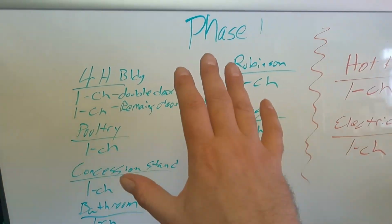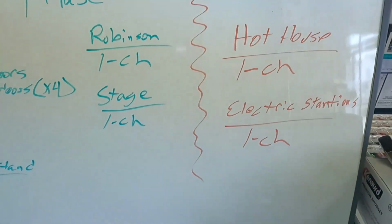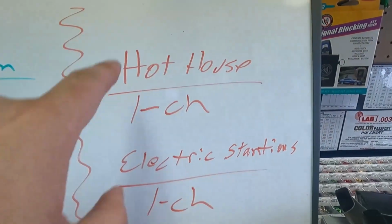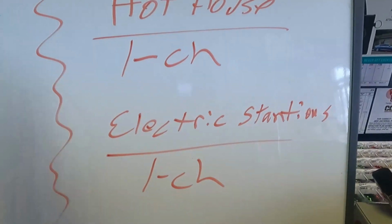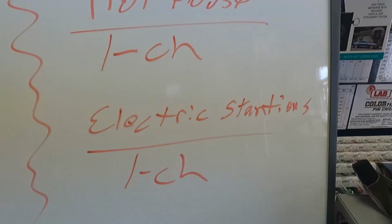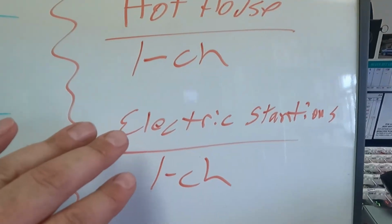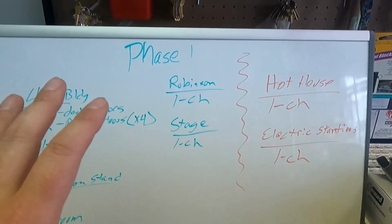So then we get over to the electric. This is going to be another Submaster, the hothouse where all the electrical goes in. That's going to be 1 change key. And then all the electrical stanchions, eventually, it's probably going to be phase 2. I can't afford to donate that many padlocks with changeable cores. That will be its own change key, with the idea that the Grandmaster key